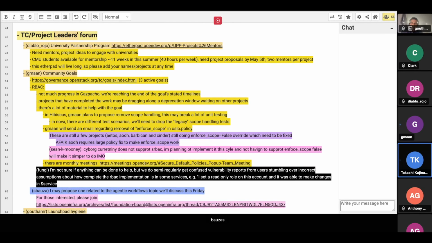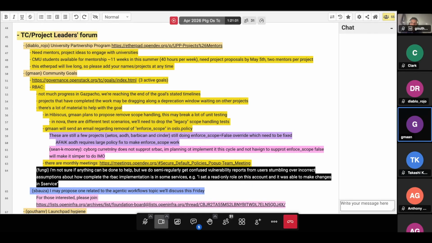So I'll be reaching out to the teams and say enforce scope is disabled in your project, which I think is only 5 or 6 projects, and then they have to enable it and make it work before we remove it. That's a good thing, Takashi. Thanks.